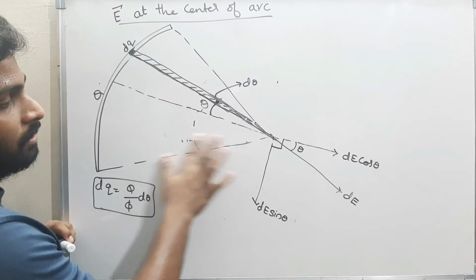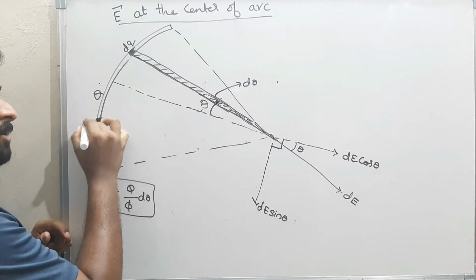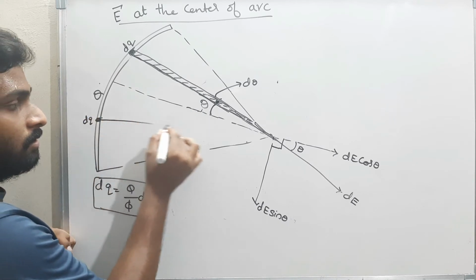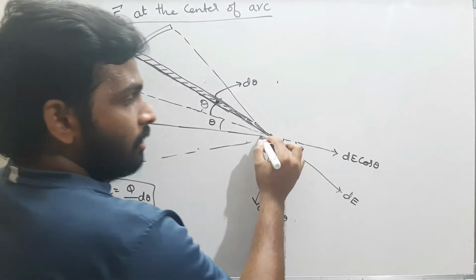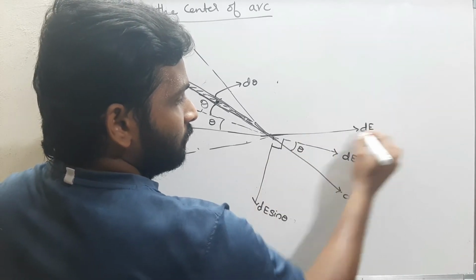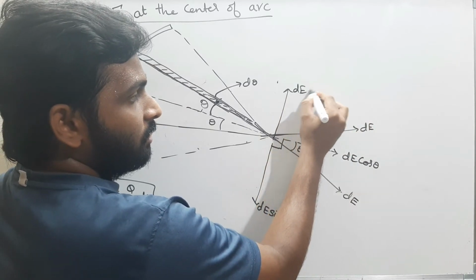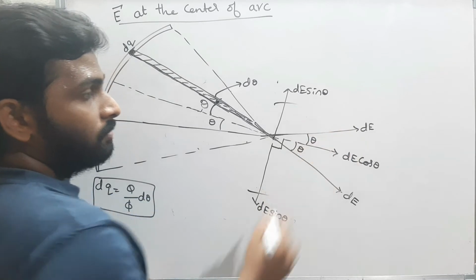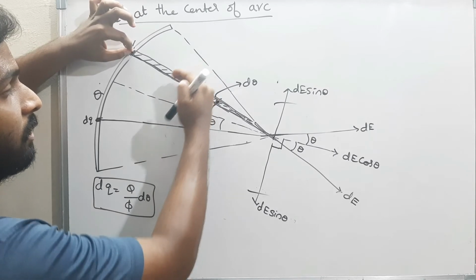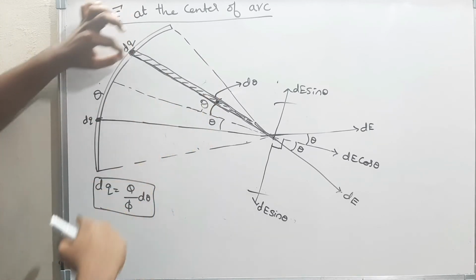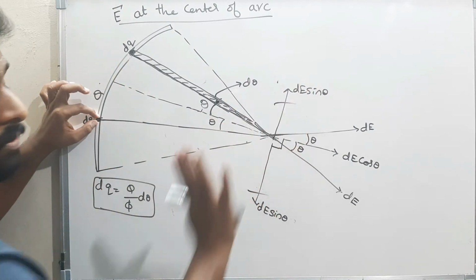Now in the same way, if I assume one more small charge dq on this side, at angle theta from the center line, this one also will have a field dE. This is also at angle theta, and I can resolve it into dE cos theta and dE sin theta. Now these two dE sin theta components will cancel. That means for every small component of charge on this side of the center line, there will be one more component on the other side, for which the dE sin theta will be cancelled.